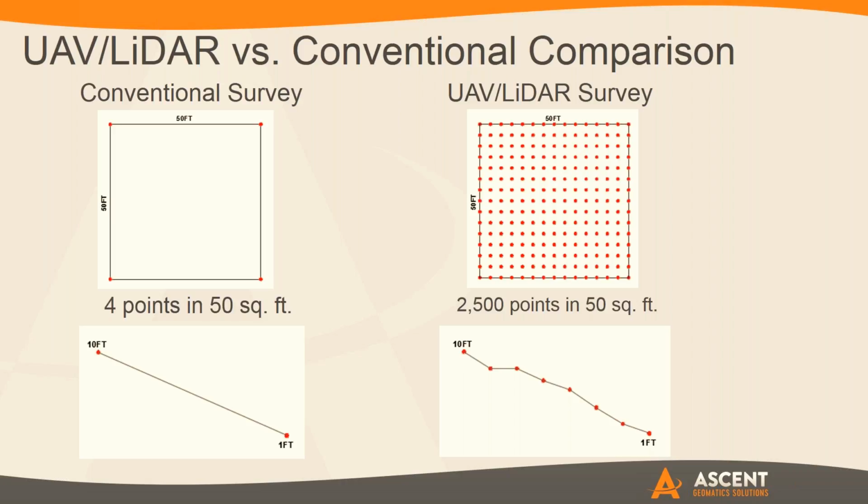So that's where we really encourage this type of data collection to have that much better of a product to look at as far as the accuracy goes. Yeah, and I think this lends to the project efficiencies, right? Now we're not guessing in between what these lines say, 50 by 50 grid here, having 4 points and having to guess what's in between those. It takes the guessing game out of it. We know now exactly what's between the 50 by 50 square foot. Yeah, and you get into levels of detail like what the roadway surface and condition actually look like that you could never capture with conventional.